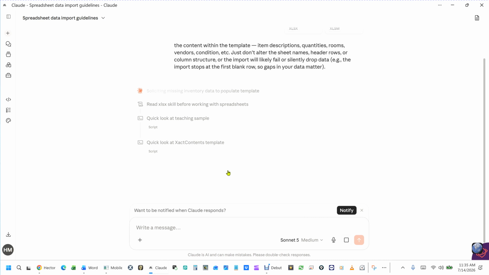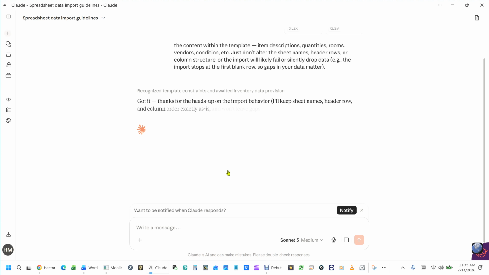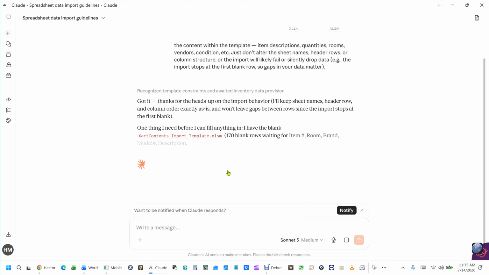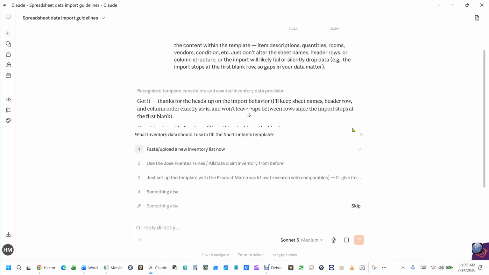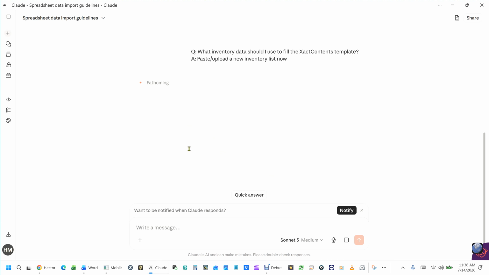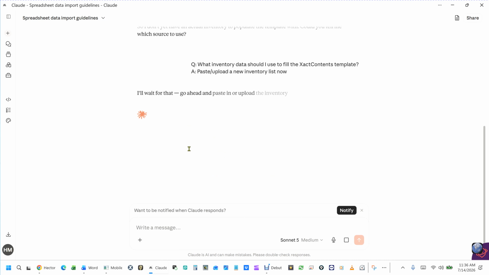Now you can tell it what you want, and now look, it's actually creating the Word document. And this is, what inventory data should I use for exact contents? Let me see. I'm just going to tell it. I told it to use the template that I just did. Okay, so